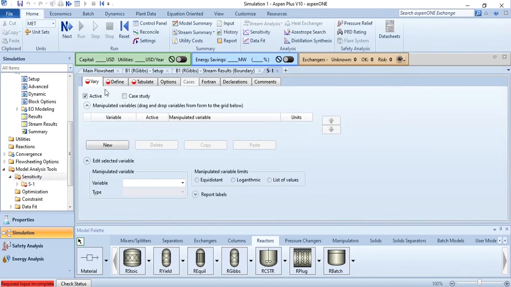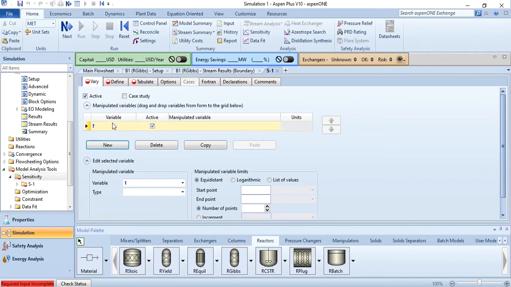And then this is the vary button. It should be active, otherwise your simulation won't allow you to do a sensitivity analysis. कि ये active होना चाहिए. Obviously अगर ये active नहीं होगा तो अभी आप ये देखना, अगर मैं इसको एक्टिव नहीं करता तो ये सिमुलेशन में इंक्लूड नहीं होगा। तो क्लिक ऑन दिस एक्टिव एंड आफ्टर दैट click on new, and new in variable